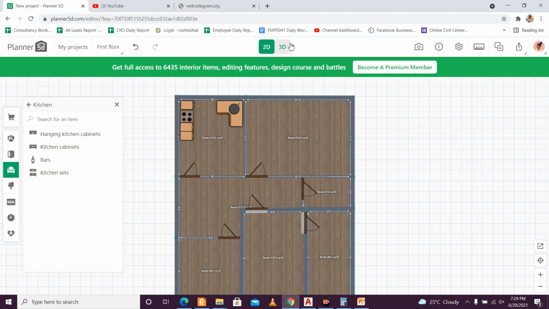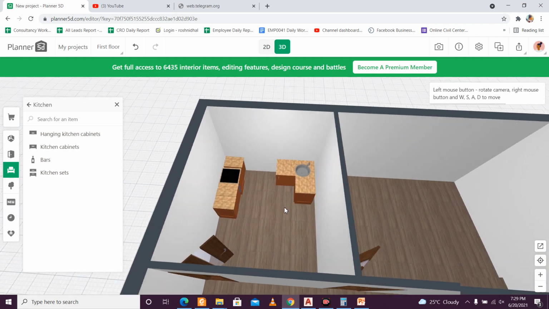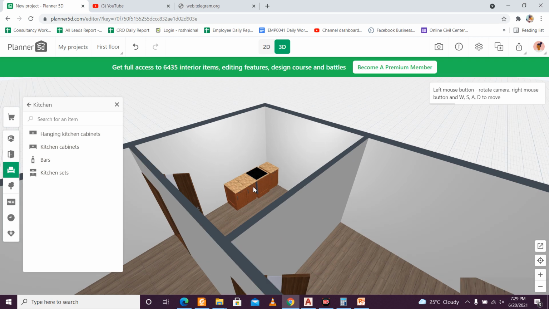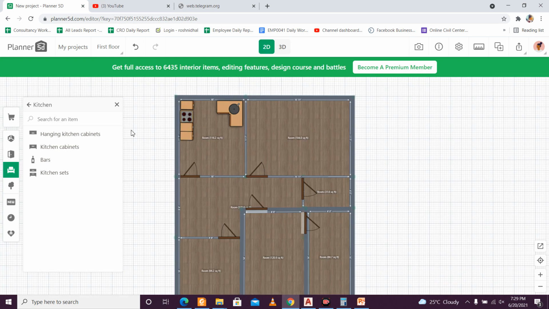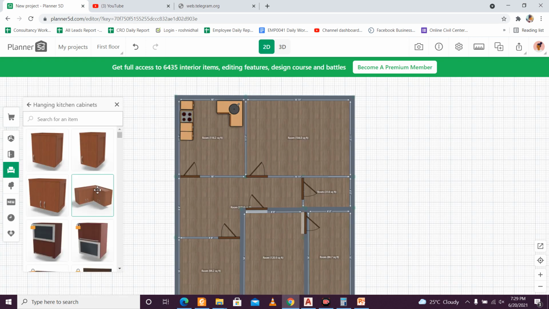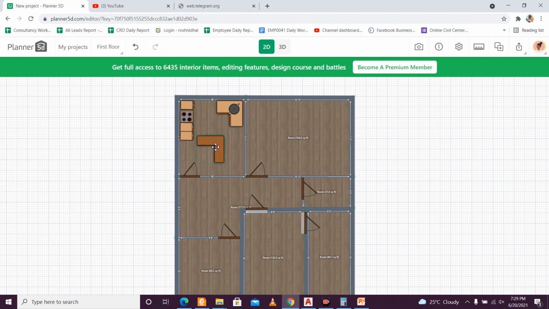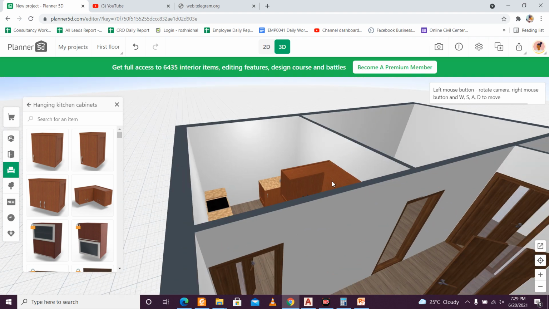So let's check out the kitchen which we have made. Okay, so this is pretty cool, as you can see, the gas and the sink. So it is pretty much okay. And let me add some hanging components also, kitchen hanging cabinets. This one, let's see what happens if we add those. Okay, you can add some hanging components also. Let's put it here first and check where it will be placed. Okay, it will be placed above it.